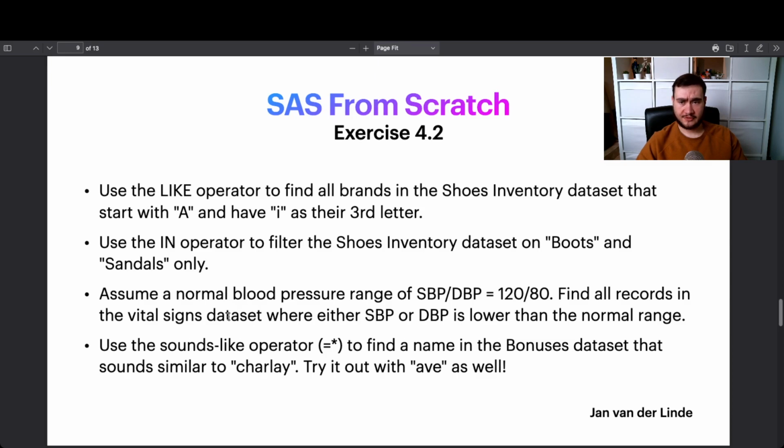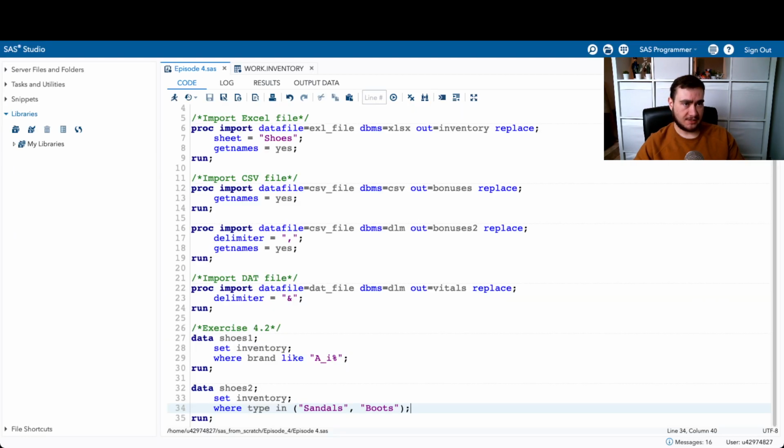So let's move on to our third exercise. Assume a normal blood pressure range of 120/80. I think we're all familiar with that. Find all records in the vital signs dataset where either SBP or DBP is lower than the normal range. So if SBP is less than 120 or DBP is less than 80, I'm going to close this inventory dataset,